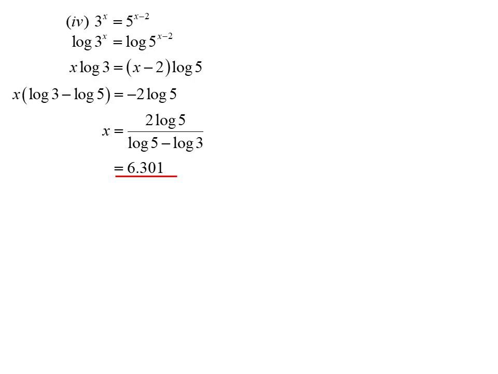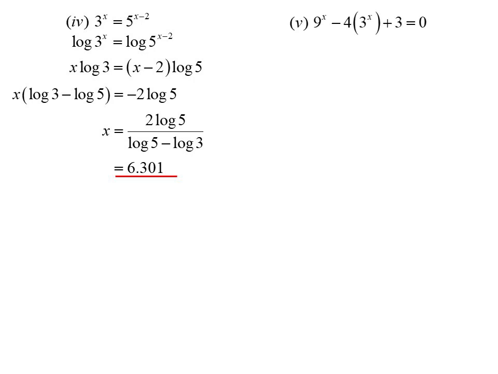So 3 to the power of x equals 5 to the power of x minus 2. Well, which base? I'll just log both sides, and let's play around with it. We have a log law that says we can bring that power to the front. I can rewrite it as x log 3 equals (x minus 2) log 5, and I just have to make x the subject of this equation. But playing around with it, eventually we get x equals 2 log 5 over log 5 minus log 3. Again, it doesn't matter which log button I press. I just have to use the same one for all 3 calculations. And we get